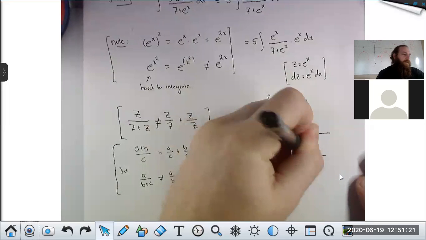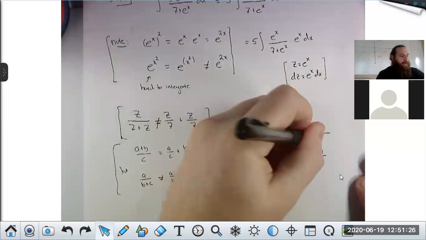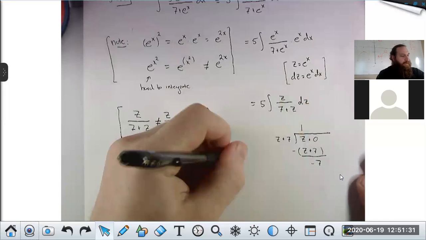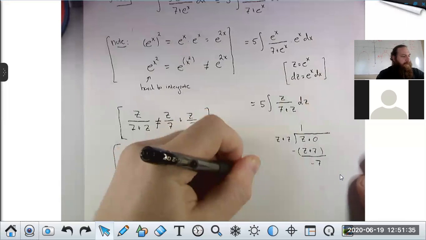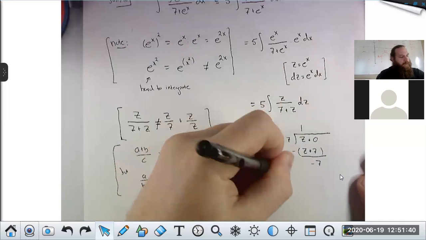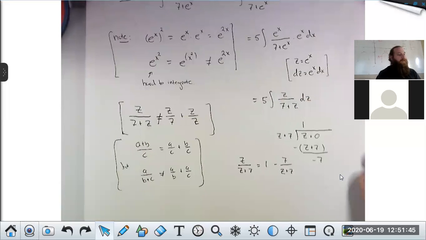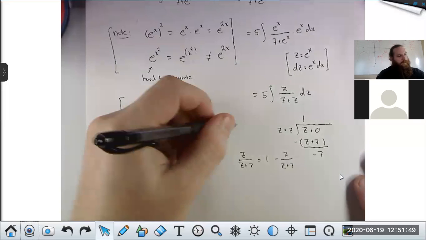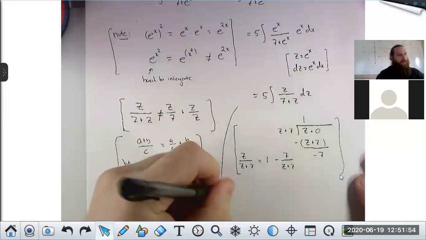Subtract. z minus z is 0, and this is z plus 0. So 0 minus 7 is minus 7, which tells you that z over z plus 7 is equal to 1 minus 7 over z plus 7. That's it. So my integral, all this stuff tucked in a box, is equal to